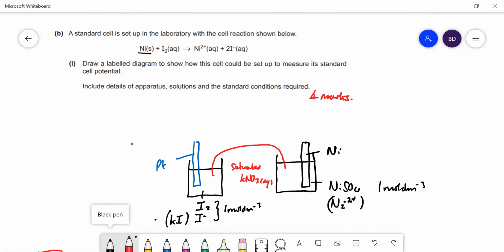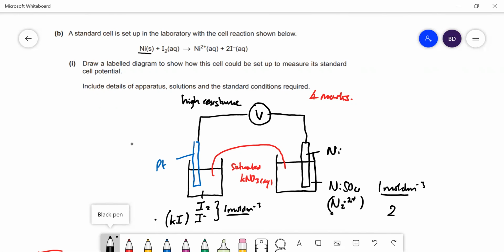And we need to have a voltmeter here. It should mention that it's high resistance voltmeter to stop any current flowing, otherwise the voltage is going to change. Standard conditions, we should carry this out, all concentrations of 1 mole per decimeter cubed, as we said earlier, and also we should make sure it's 298 Kelvin standard temperature. Right, 4 marks for that. That's everything there, I think. Right, now